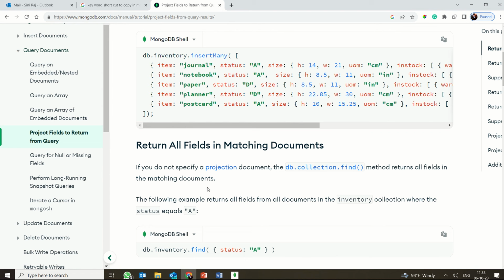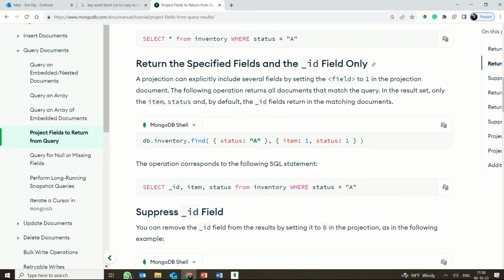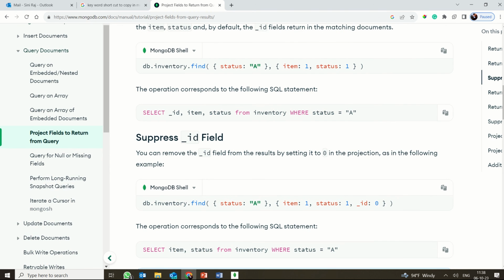One simple example of project is this one. When you look at db.inventory.find, where inventory is the collection and status is equal to A, as you all know, it is like select star from inventory where status is equal to A. So all the attributes in the documents with status A will be displayed back to you. But say I don't want all this information, I want some specific information, like select ID, item, status. Even though you have so many other details, I don't want star, I want some specific things to be displayed from those query results. So for that we basically use this